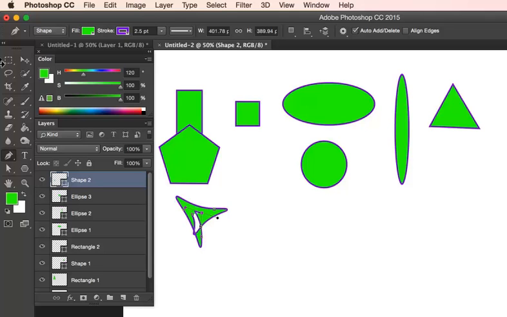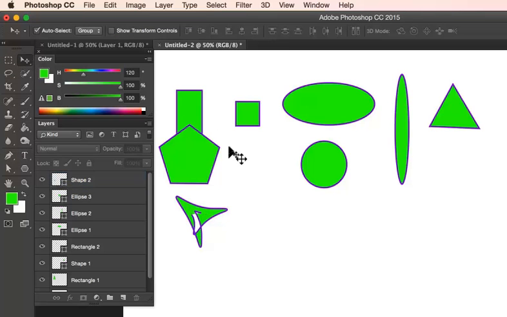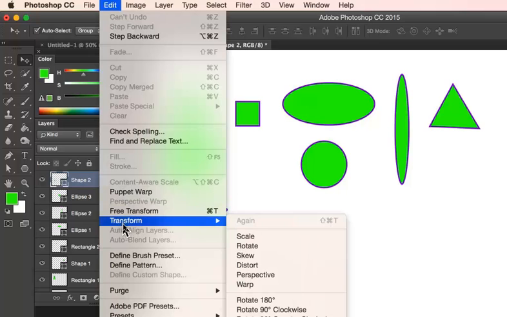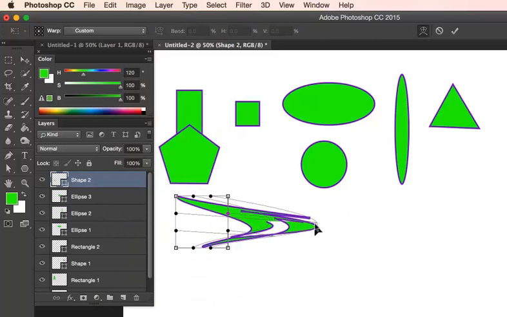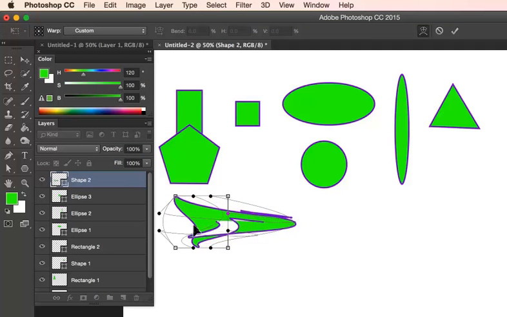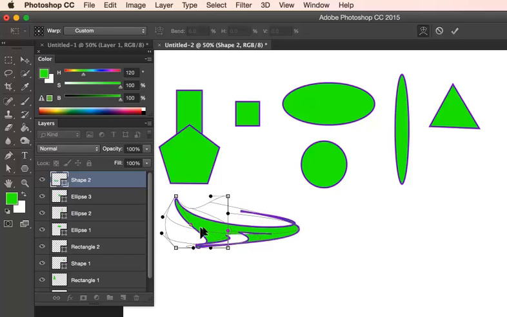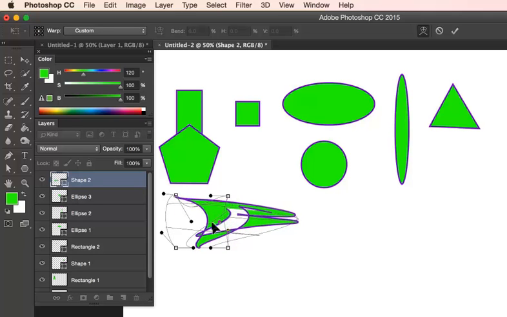kind of interesting. Now I'm going to click on the Move tool, release it, and so now I have the shape released, but I'm going to click on it, so I activate that shape layer, or I can click on that shape layer. I'm going to go into Edit, Transform, and this one's fun. Warp is great because you can make really interesting organic shapes by stretching things out and adjusting these anchor points to get some unique shapes for your